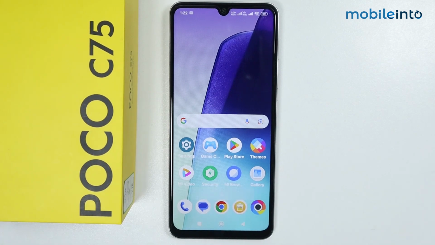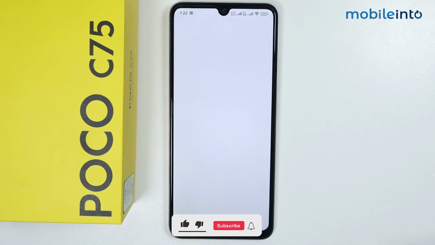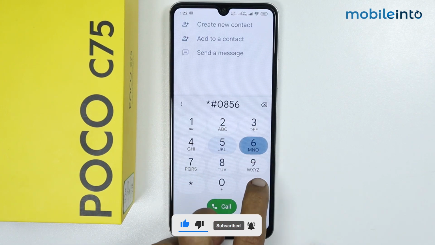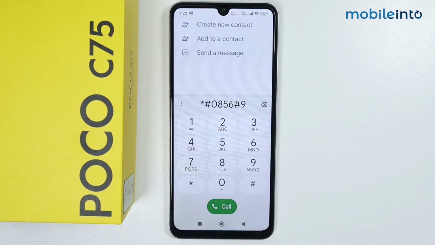Hey, what's up guys? So in this video we will see how to turn off dial pad sound on any Poco phone. Now if you open the dialer app and dial a number, and if your dialer produces this sound and you want to disable it, just go to your home